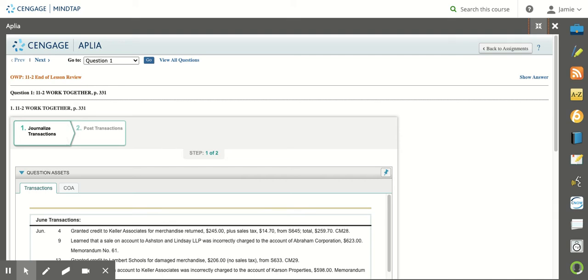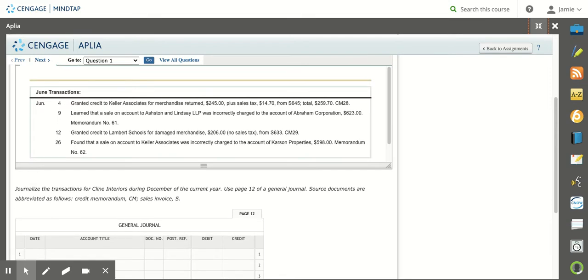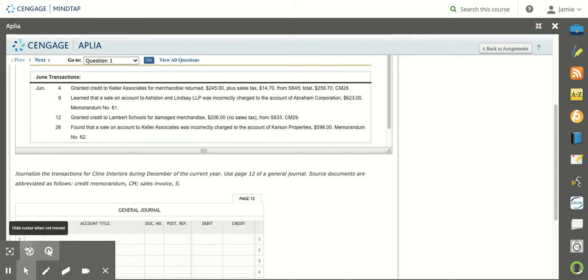For the section 11-2 work together, we have 4 transactions that we need to journalize. 2 of them are for correcting an error from a previous journal entry, and then the other 2 are for granting credit to someone for a return. So starting with June 4th,